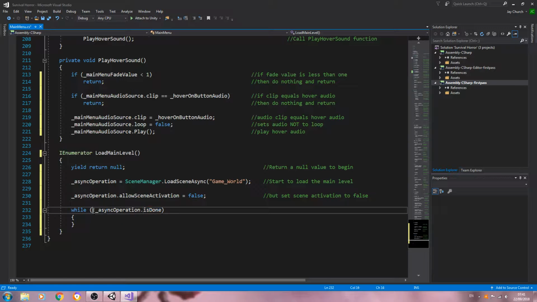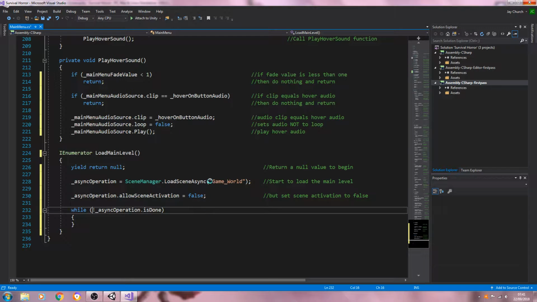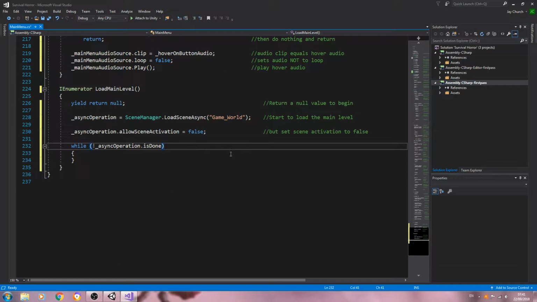So as you can remember, the exclamation mark basically means is not. And for some reason I had a little bit of freeze up then, but not to worry, let's continue. So let's get this into the comments. While async operation is not done,